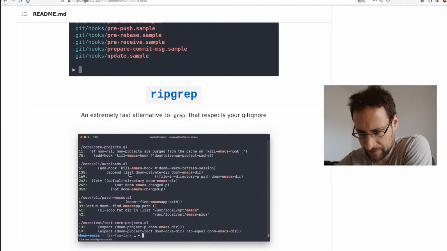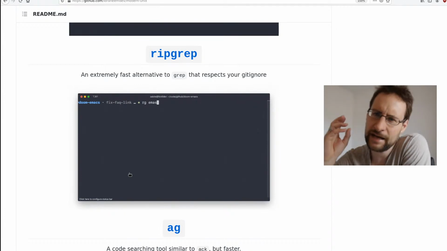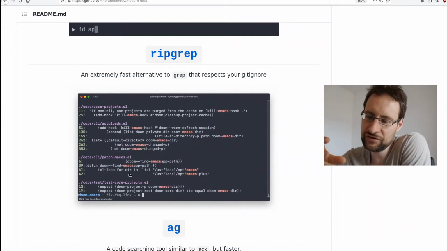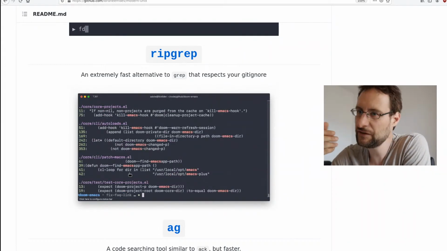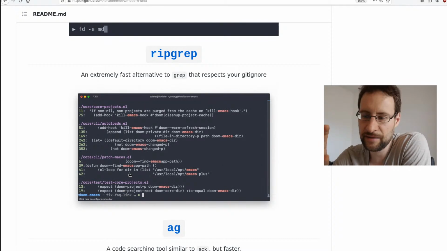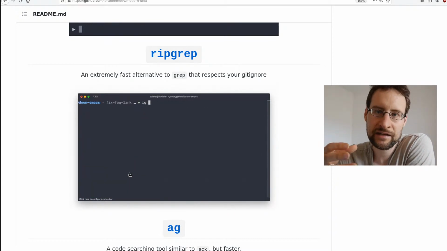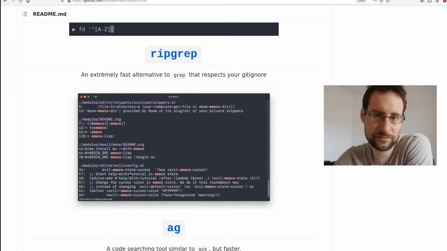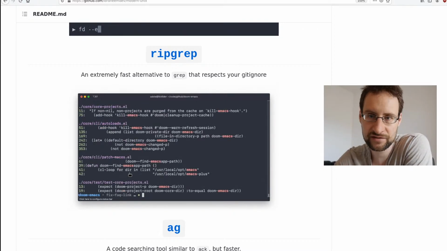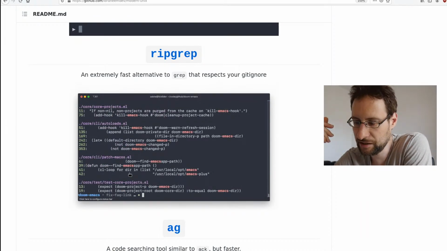Yeah. So let's continue. ripgrep, an extremely fast alternative to grep. I have to say some of the stuff is written in Rust and should be faster, and then when you benchmark this, sometimes not. GNU grep is also highly optimized, of course. I wouldn't be surprised if some of the stuff, hey, we rewrote this in Rust and now it's faster. Yeah, maybe faster than some unoptimized BSD stuff from good old Unix days, but GNU grep in the meantime,